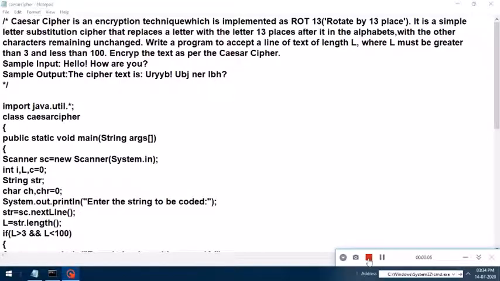Hello children, today we'll be doing this question on Caesar cipher. This question has been asked in the board practical exam of 2017. Please read the question which is written over here. Caesar cipher